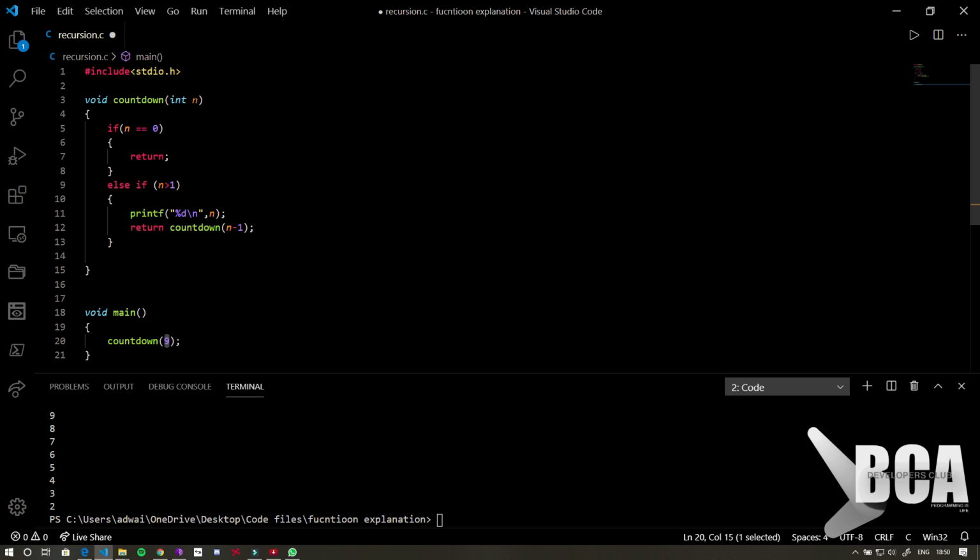For that value, this code will run. So what it will do is print f %d \n, it will print the value of n and then go to a new line, and then I want to return